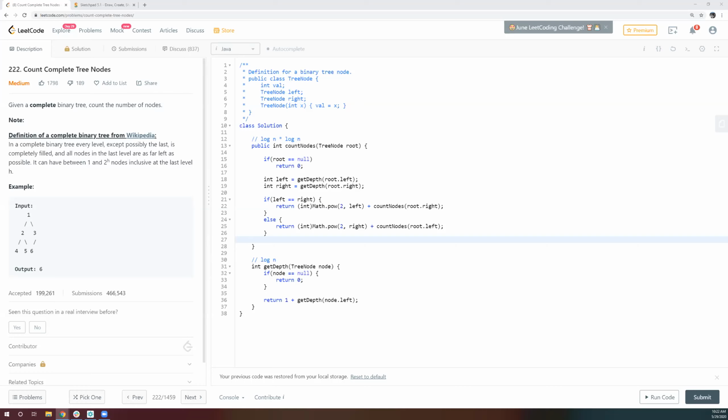Then when I reach the last level, I'll just find the number which I'm missing. I'll use binary search for it because all the numbers will be sorted. And when I find that number, it will give you the total number of nodes in that tree. And height will always be log n only because it's a complete binary tree, and log n to do the binary search, so log n square.